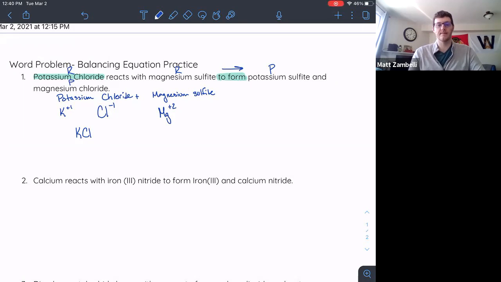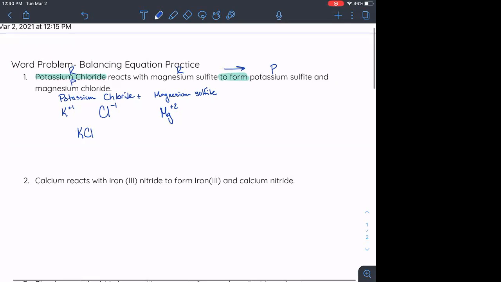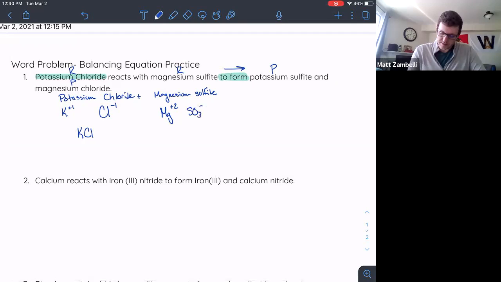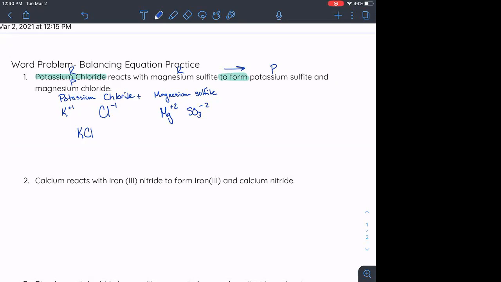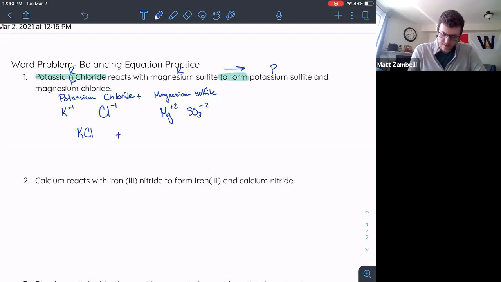What's sulfite? SO3 -2. So if I were to make a formula out of that one, what would it be? MgSO3 is perfect. So we have plus MgSO3. And then it makes our first product, which was